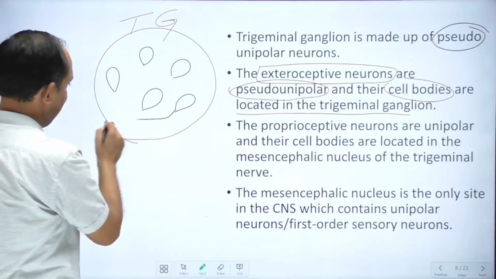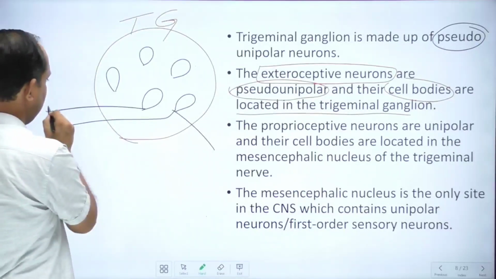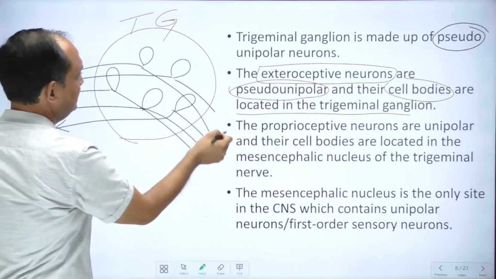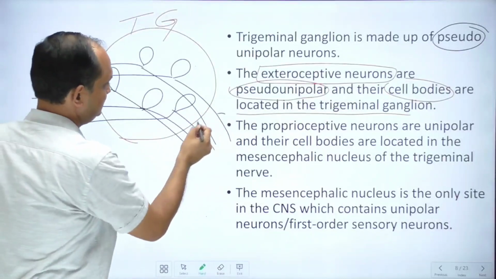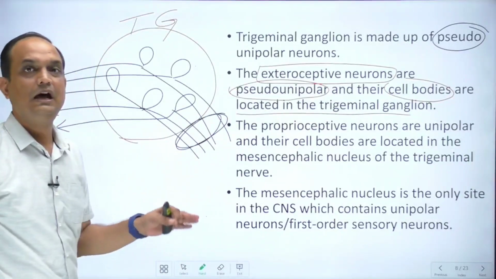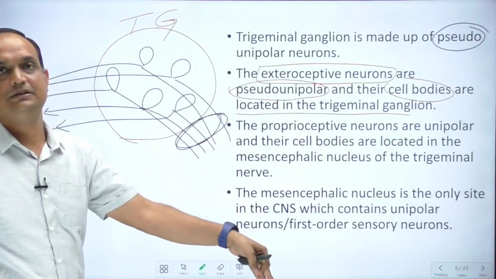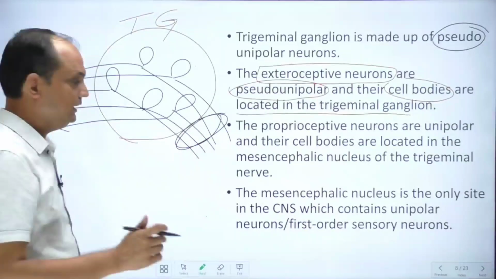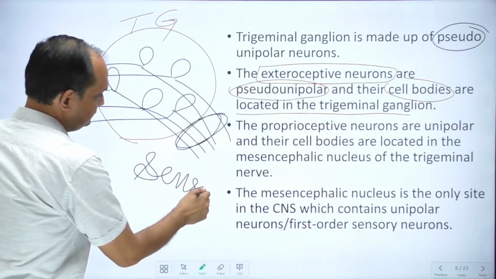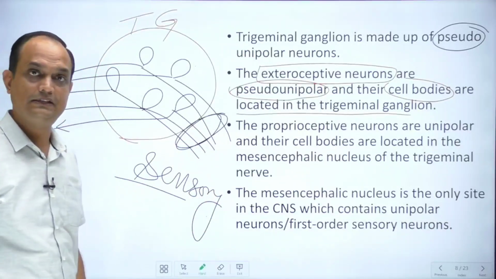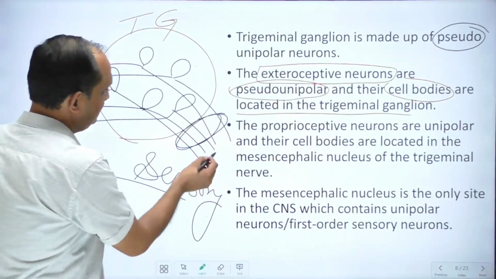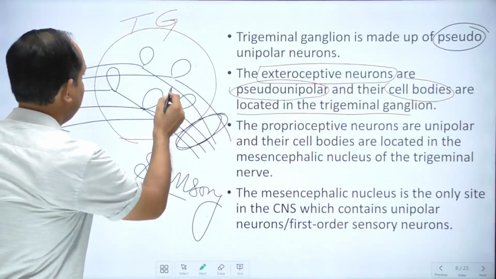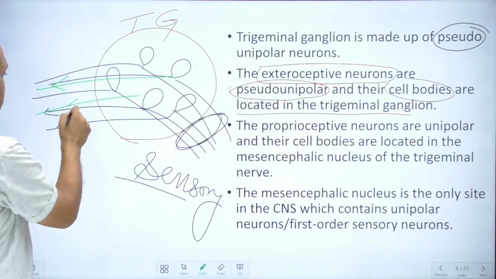Now every neuron has a central process and a peripheral process, something like this. Now you have to understand that these peripheral processes are actually the nerves of the trigeminal ganglia. It can be the ophthalmic, maxillary or mandibular, and we are talking about the sensory part. Clear? So the sensations from the face, the head and neck area are entering into this trigeminal ganglia. They are passing through the central process to the brain.